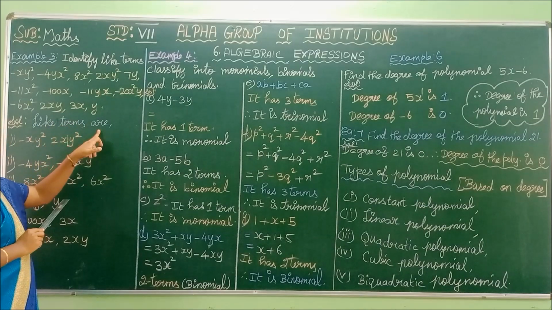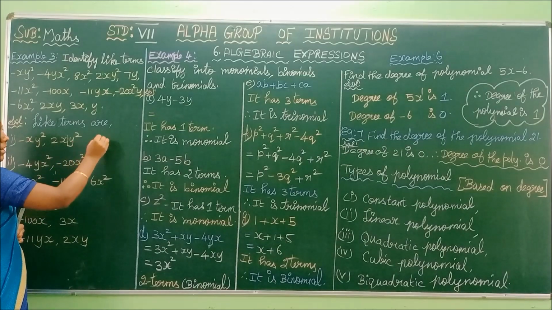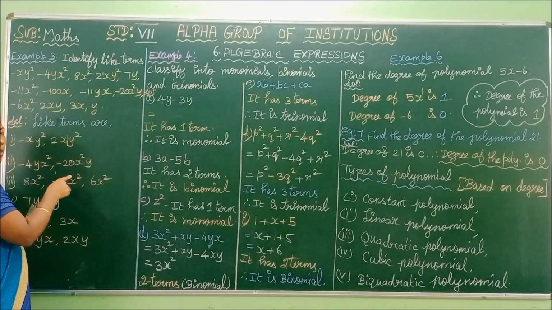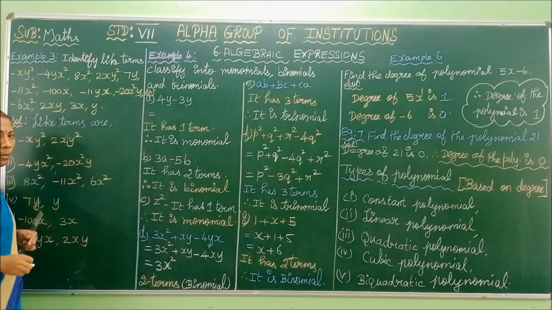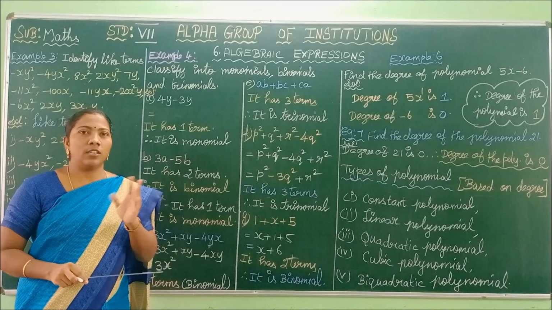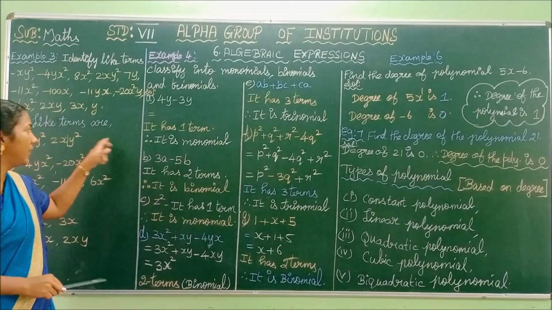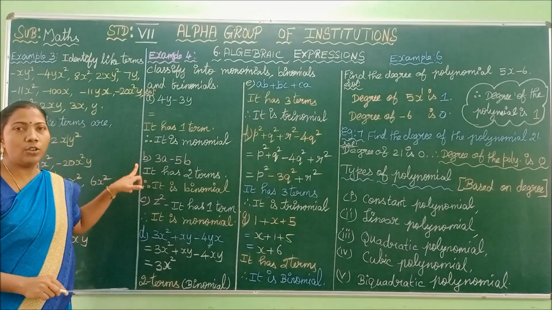Like terms are. After that you have to give the numbers like 1, 2, 3, and then you have to collect the like terms. Suppose the question is given like this, you have to put the hyphen here and write like terms. If it is unlike terms, you have to write unlike terms. But many of the students in your homework are writing LT, ULT. Like that you don't write, children. You have to write like terms, unlike terms.